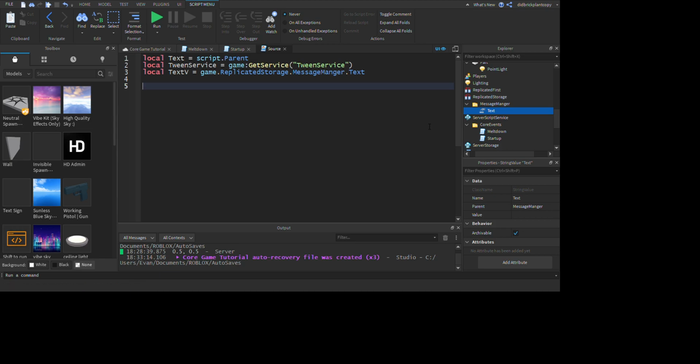Now we're going to make its event. So textV.Changed:Connect(function). This is an event which, if the value of textV is changed, will activate some sort of function. Wait, we don't need TweenService because we're not going to use advanced UI tweening. Alright, so we're going to make this text